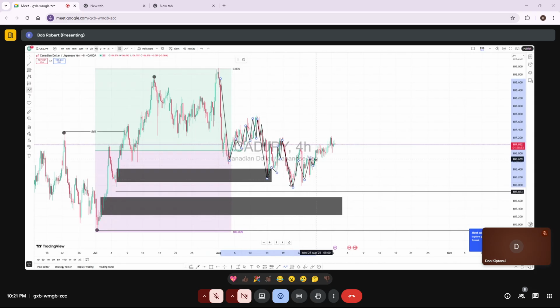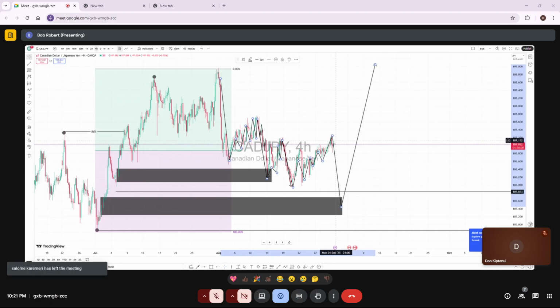So chances are now this market is going to crash to this level before we buy. That comes with the experience, but you know how I have checked it. You just use the language of the market. You see, these are corrections, so we're going to get another impulse. So we're going to get another impulse here. Remember, all these are corrections, but we are having a correction within a correction. So